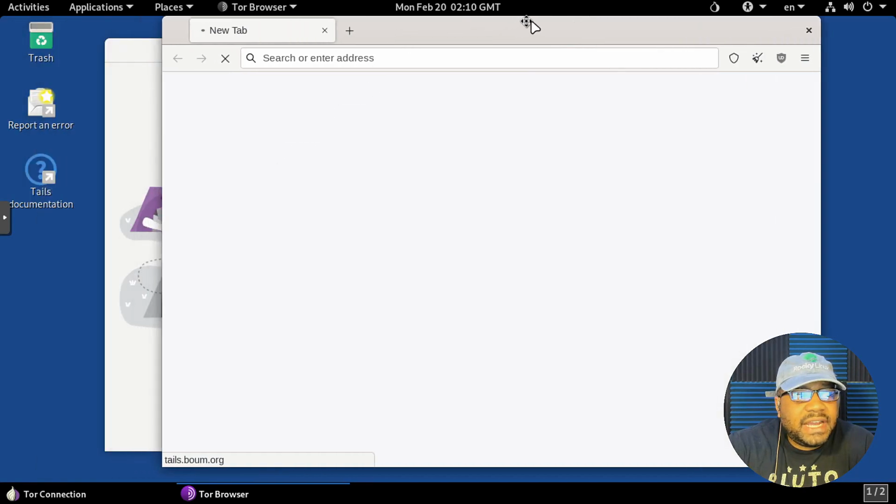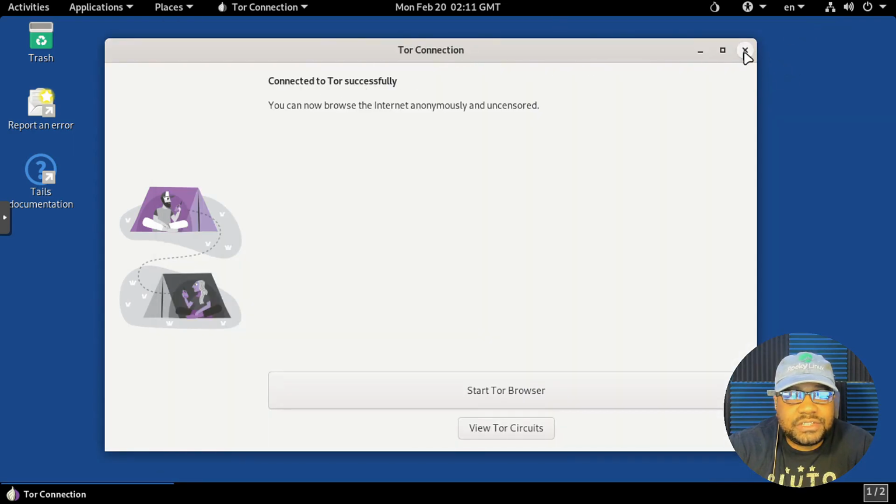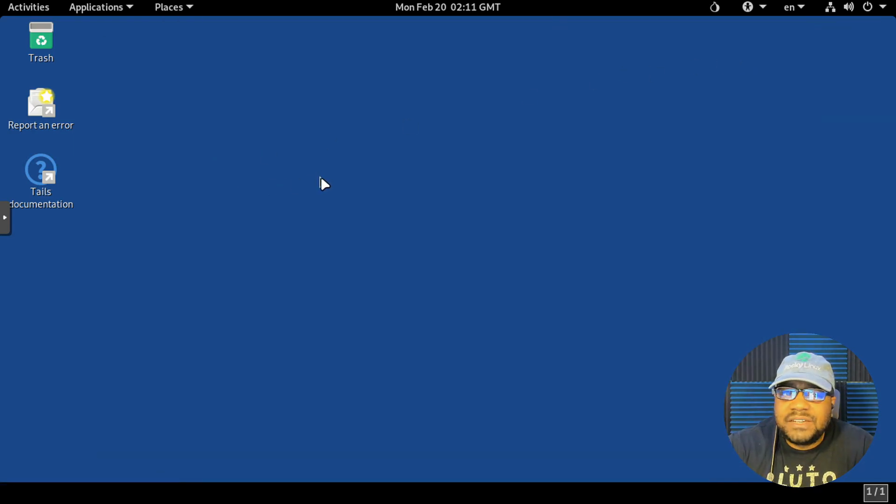But we are now connected to the Tor network, and it'll open up the Tor browser with all the security features that you want on here. Now the Tor network is super slow, so I'm not gonna wait for this to load. I just wanted to show you guys this, but that'll connect you to Tor. You can close this after that, but that'll show up every single time you log into it. And just so you guys know, this will let you know if you're connected to Tor. So this is your circuit. It'll show the full onion. It won't have the X over it. So right now all your connections through this system will go through Tor.